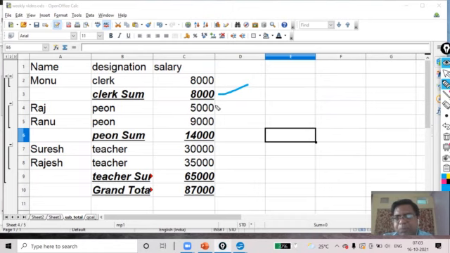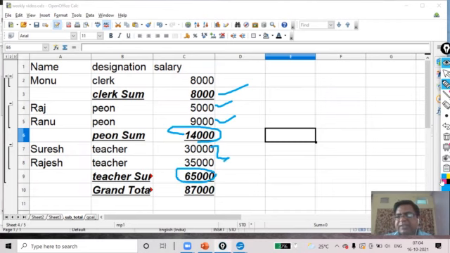Now you can see I have only one clerk, so it is showing 8,000, but I have two peons, 5,000 and 9,000. These are the salaries of Raj and Ranu. So you see 5,000 plus 9,000, that is 14,000. This is the subtotal, my dear. Same way for the teacher.